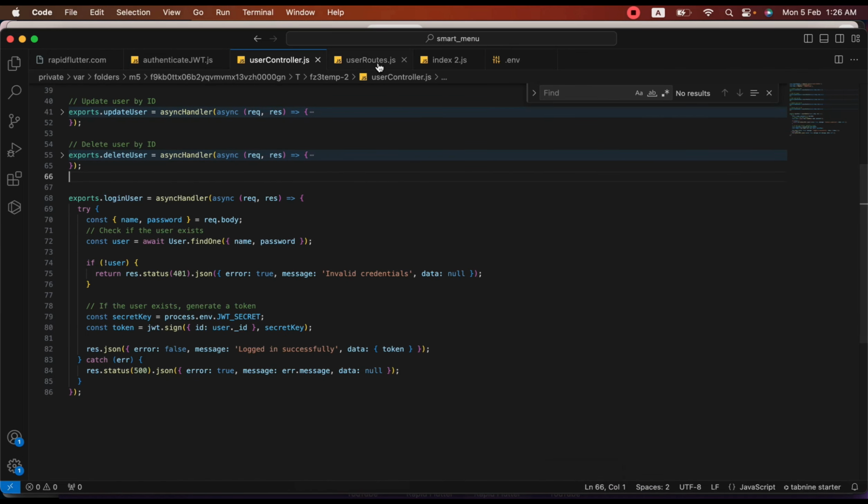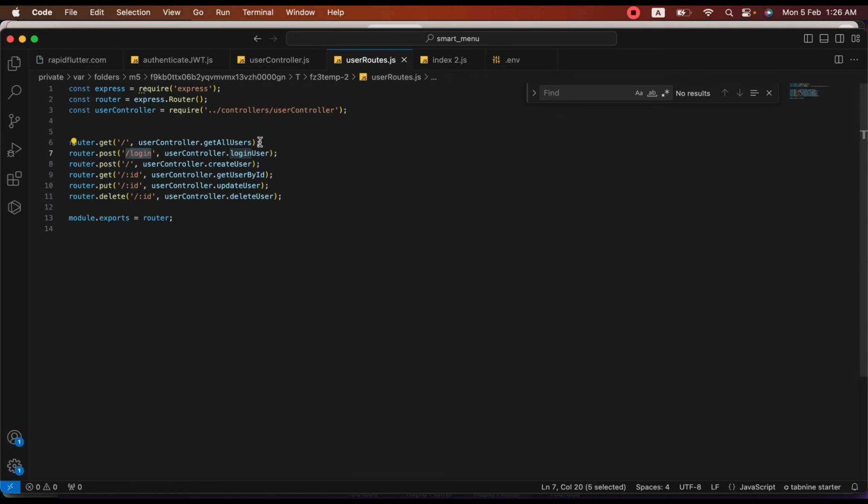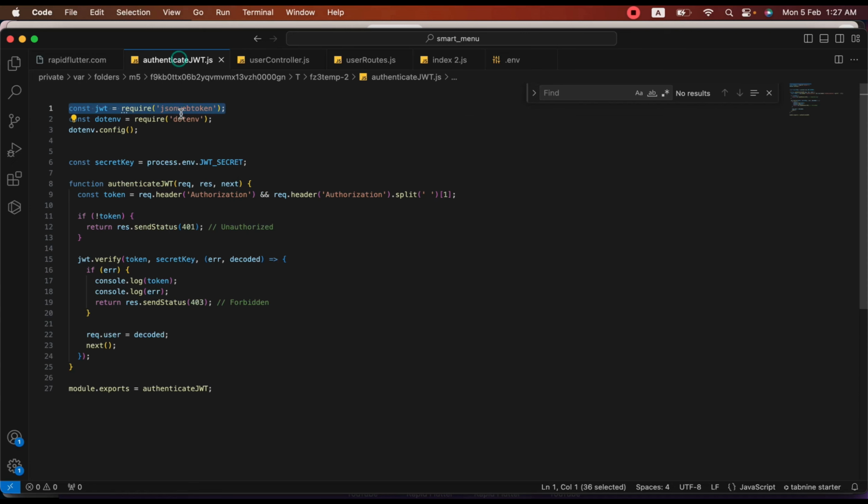Okay, we can return to our code. And what is our next step? When the user tries anything other than login, for the login we need no token, because at the time of login the user is fresh, so he doesn't have any token. For all other methods like get all users, create user, update user, and so on, maybe it's mainly used when your product and other things are involved, but for now we can check with the user. For that we need to import this